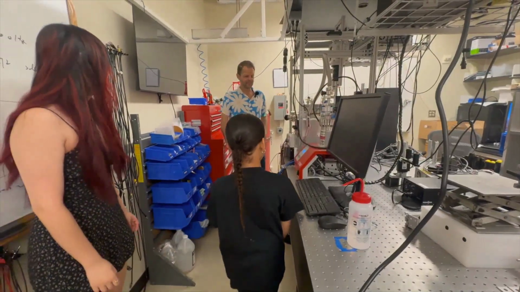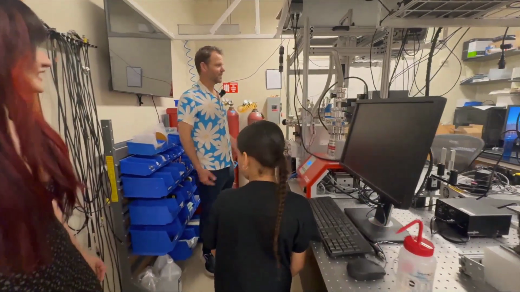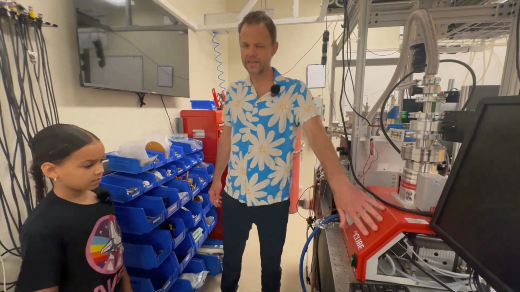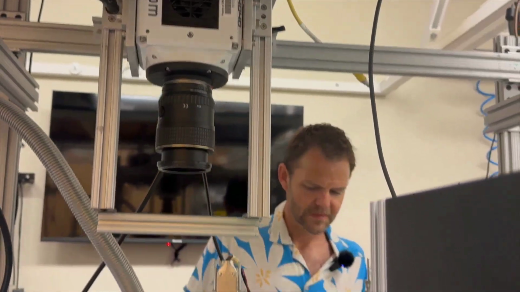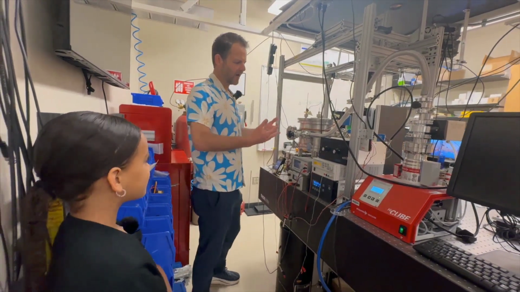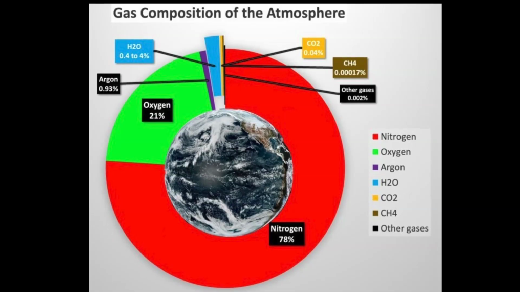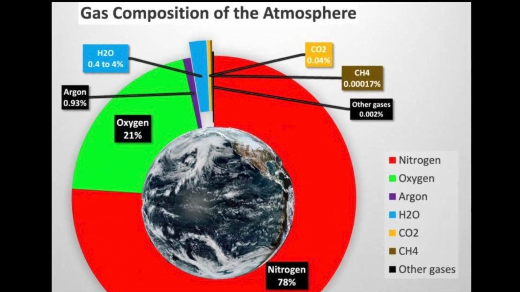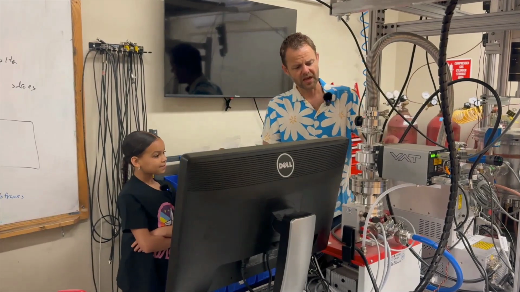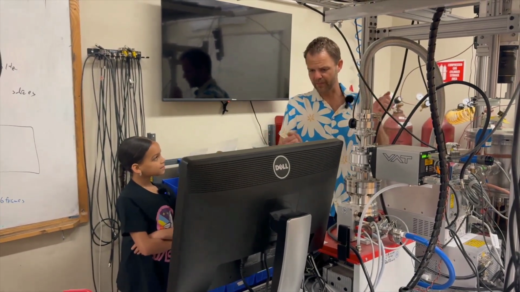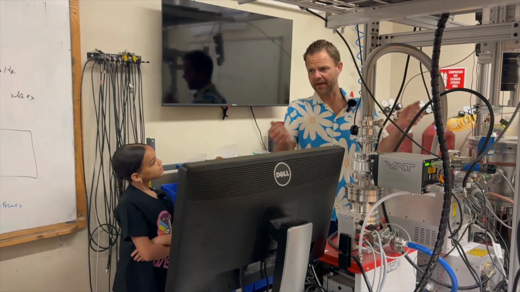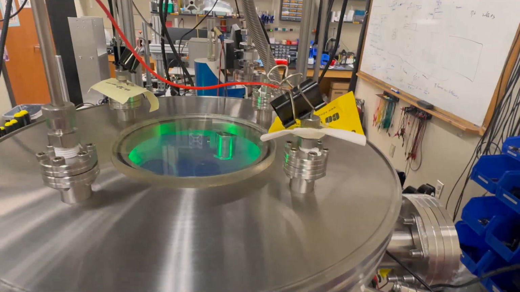So this is an experiment we call a dusty plasma, and it looks really complicated. We've got vacuum pumps that can suck air out of our chamber here. And what we create in here is a plasma, which is when you take a gas, like argon. Argon is something that's in the atmosphere. We drive it with some electrical voltage, and that rips electrons away from the rest of the atom. And then they combine and rip away, and combine and rip away. And whenever they do that, they create light.